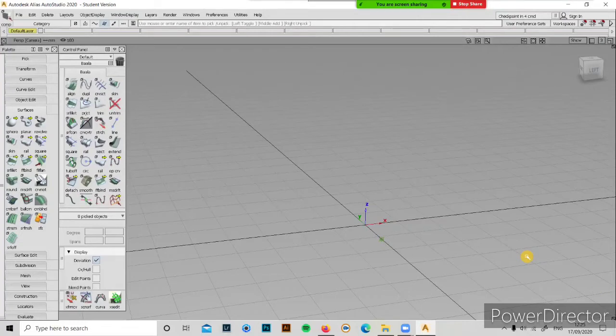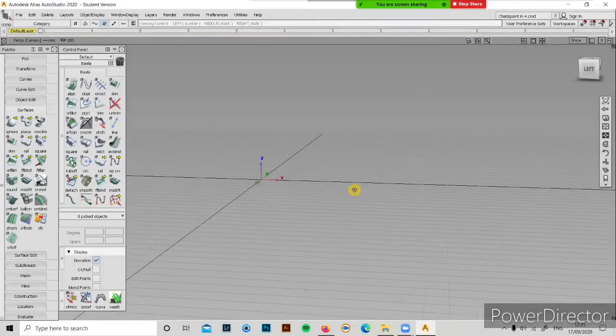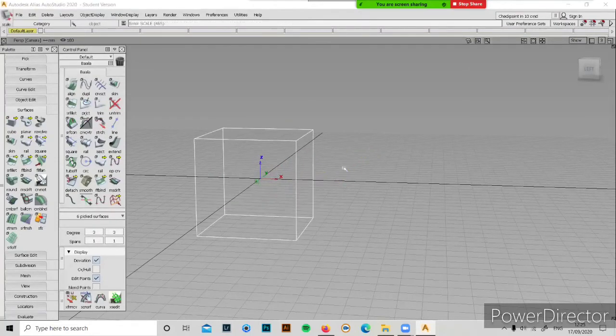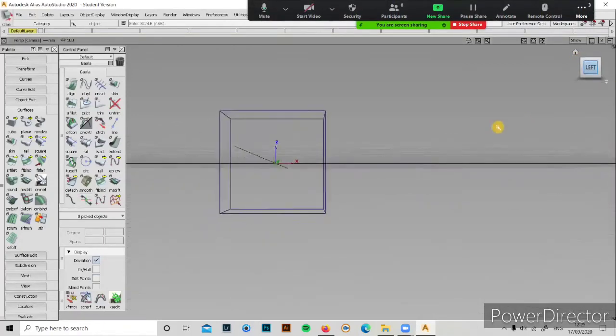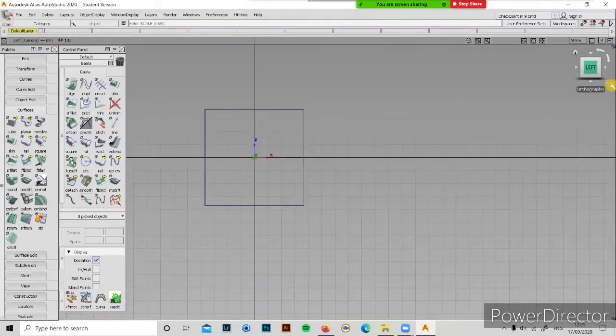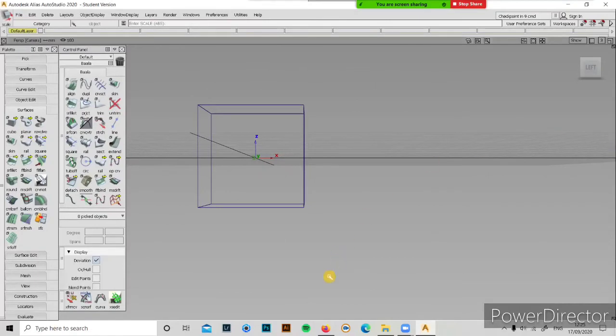Can you explain the functions of orthographic view and perspective view? Like, why is it there? Wait, I'll just show you. So cube, okay. I will scale the cube, select the object and I will scale it. Okay, so now I'm going to click the left view. Now you see the orthographic. See, I'm giving perspective. Now you see the perspective, the difference of it.